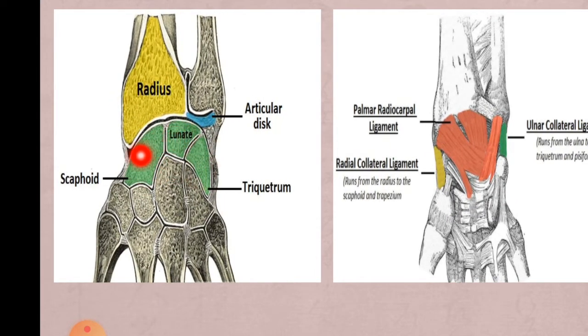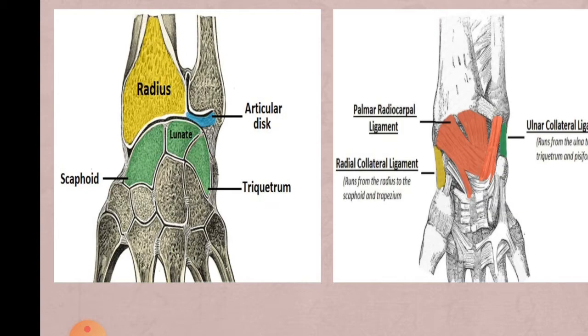This is the distal wrist joint, and this is the proximal wrist joint. And distally, there are the three carpal bones that are involved, except the pisiform. You have the scaphoid, lunate, and the triquetrum that are involved for the formation of the wrist joint. And proximally, you have the distal end of the radius and the articular disc. Here you have the articular disc and the radius that is involved for the formation of the wrist joint, but not the ulna. The ulna is not directly taking part in the formation of the wrist joint.